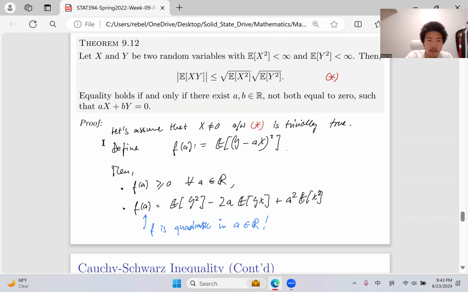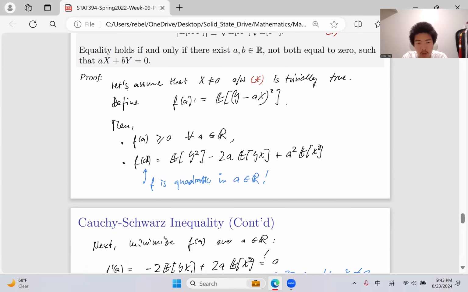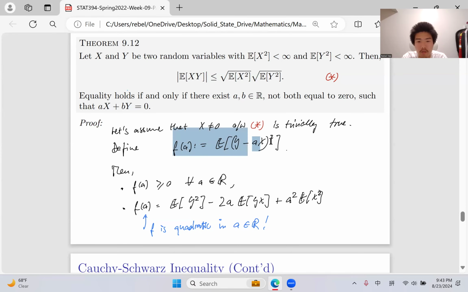And we can expand this form out. So the first term will be E[y squared], and minus 2 times E[y a x]. Since x and y are random variables inside the expected value, a can be extracted out. Similarly, E[(ax) squared] is equal to a squared times the expected value of x squared. So f(a), this formula defined here, can be written in this form as well.